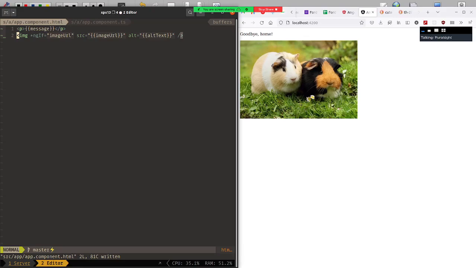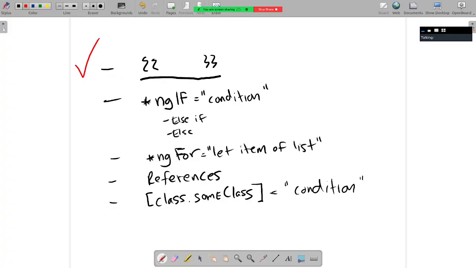Let's talk about else. So before we talk about else, we need to talk about refs. Refs exist in all of the front-end frameworks. I think they're probably the most powerful in Angular. The idea of a ref is a variable that represents the underlying DOM element that you can do something with. So the way that you make a ref,